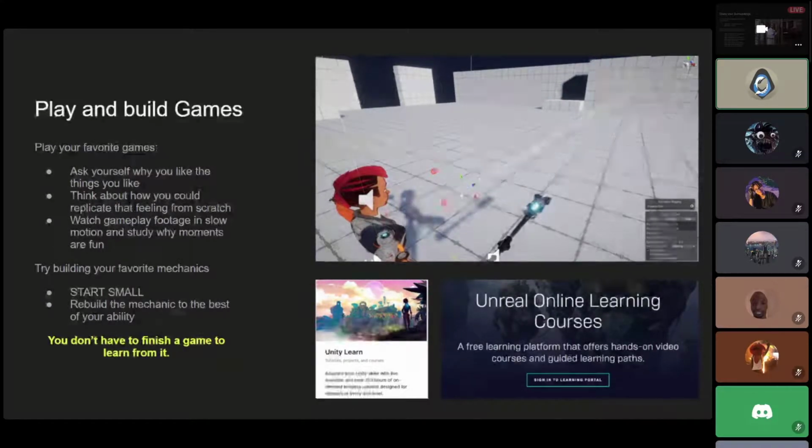Something I was having a team I was working with do is, they really like Doom. They're really inspired by Doom for the game that they're working on. And so I'm like, why do you like Doom? What about it is fun? And they say, we like this thing, we want to do this mechanic. And then I'm like, well, what is it that makes that mechanic as good as it is?